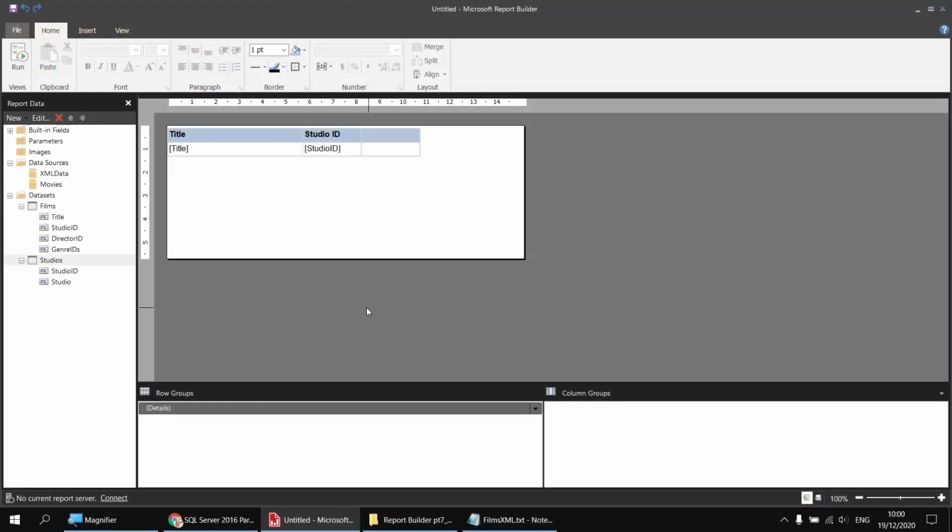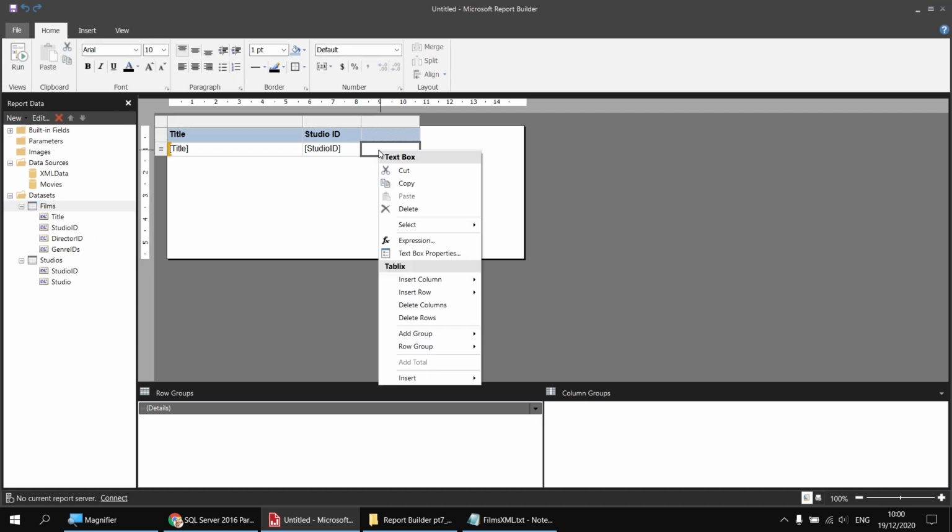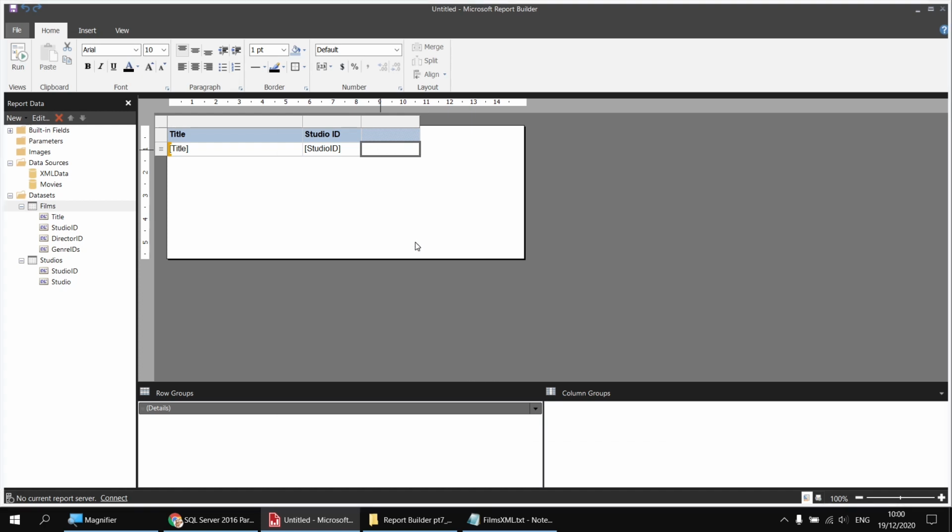Now I'd like to create an expression that will return the studio name next to each film based on the studio ID. Ordinarily, when we want to add calculated information to a table or a dataset, we right-click on the dataset name and choose Add Calculated Field. Unfortunately, the function we're going to use here, called lookup, isn't allowed to be used in a calculated field, so we have to resort to adding an ad hoc expression in the table itself. If I right-click into the empty text box next door to Studio ID, I can choose to create an expression,